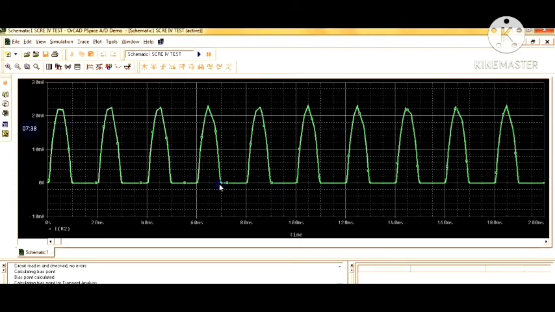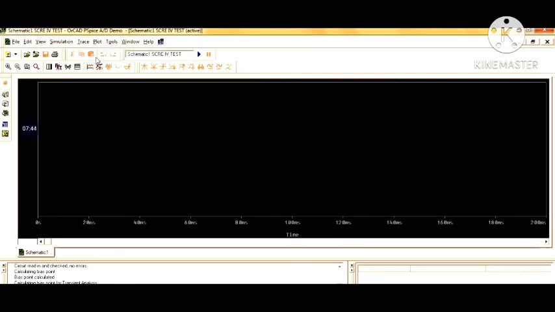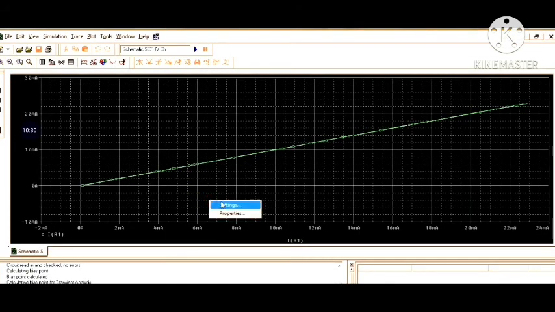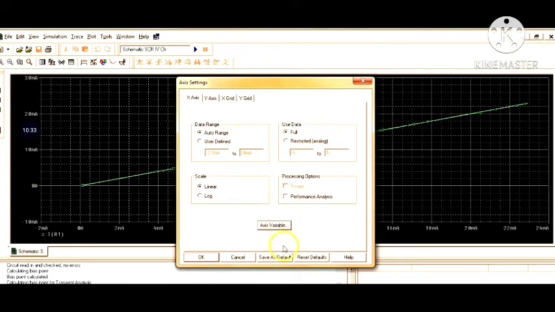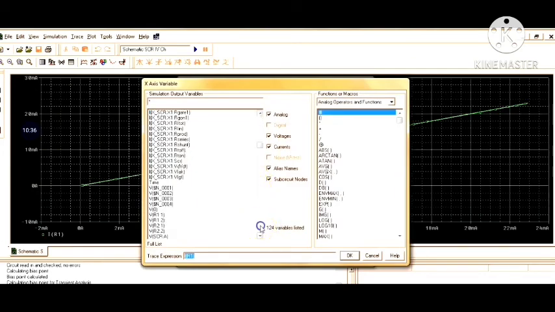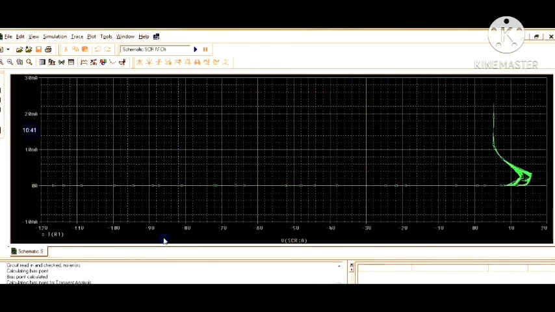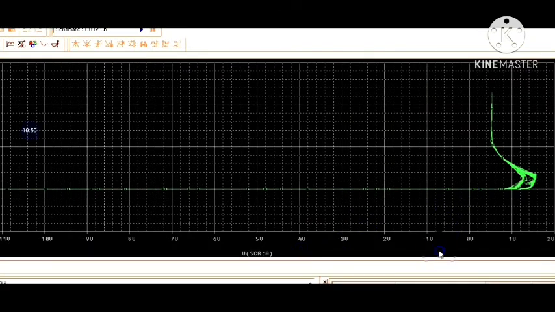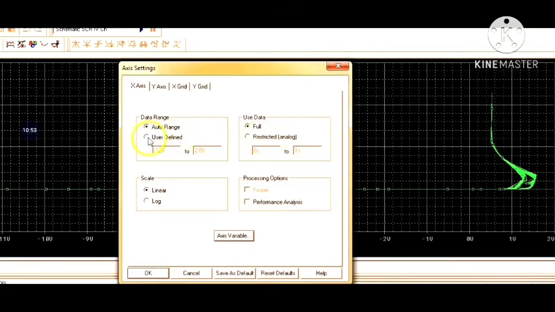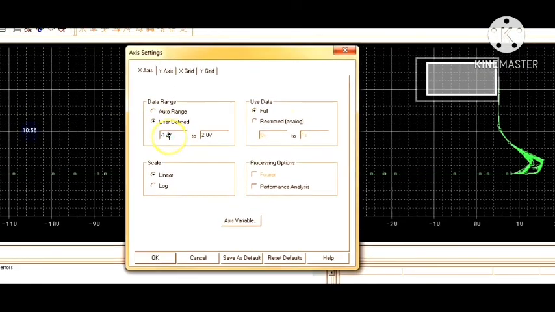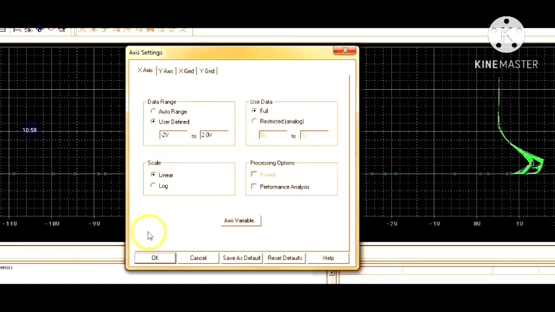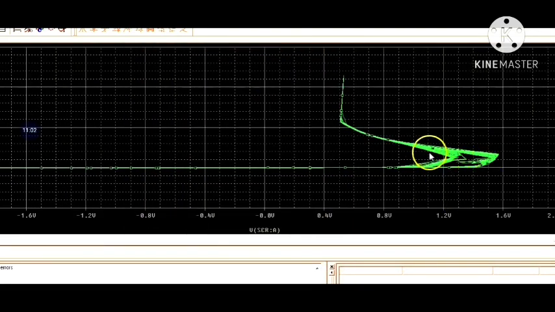In this experiment, our main objective is to study the current voltage characteristics. So we will delete this trace and add another trace, and we have to click the settings and access variables. You have to select VSCR-A, click OK, and you can see the waveform as you have seen in the representative curve. Here you can see the triggering: with the change in the triggering current, the gate current, the voltage of triggering is also changing. You can also vary the range of variation so that you can see the waveform prominently.